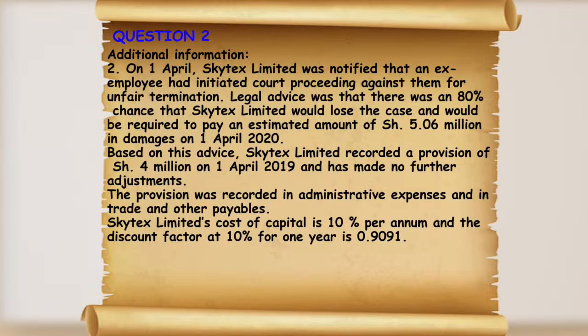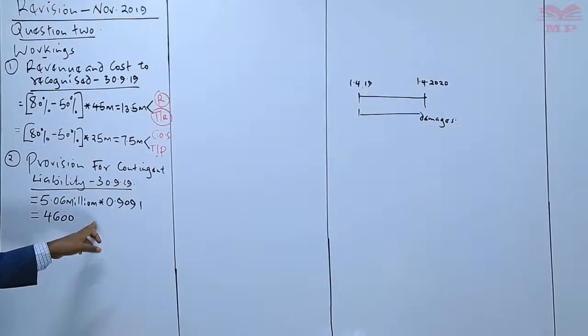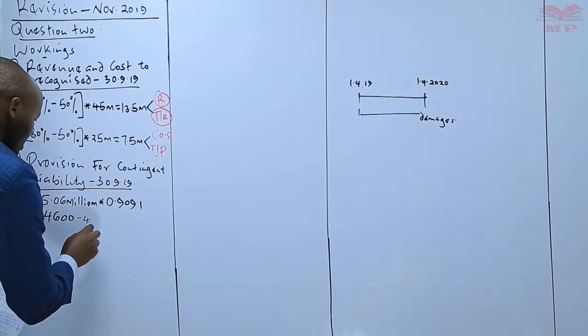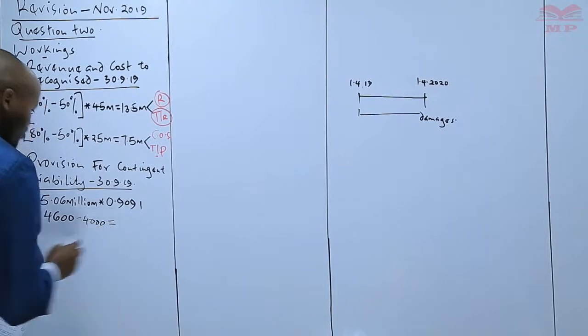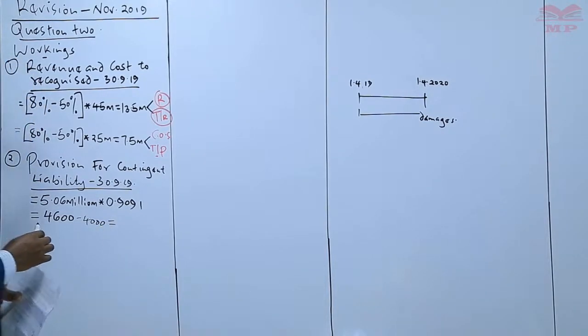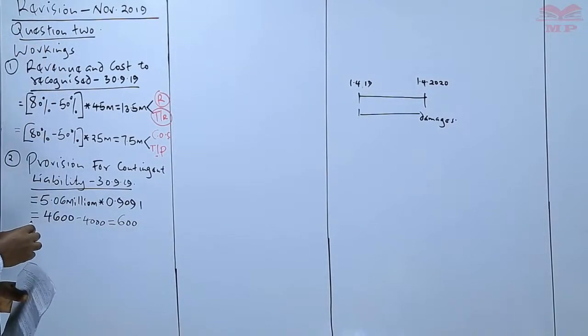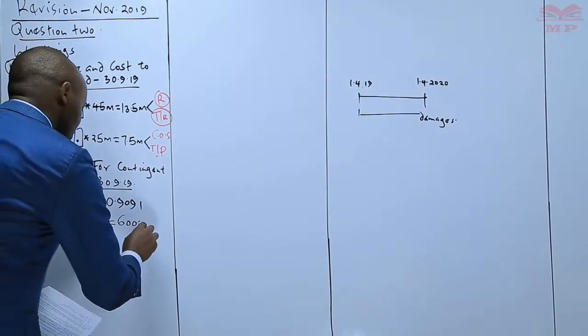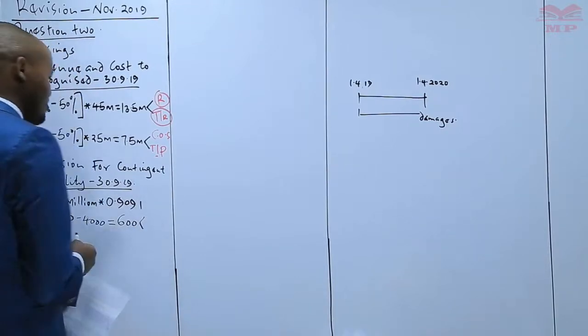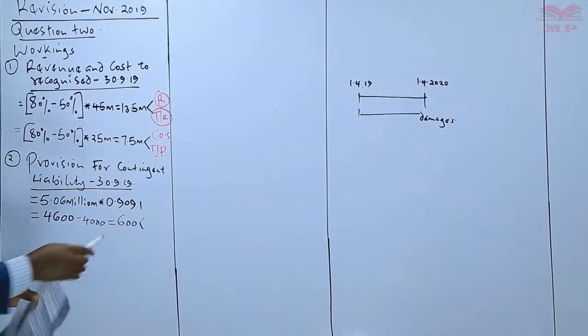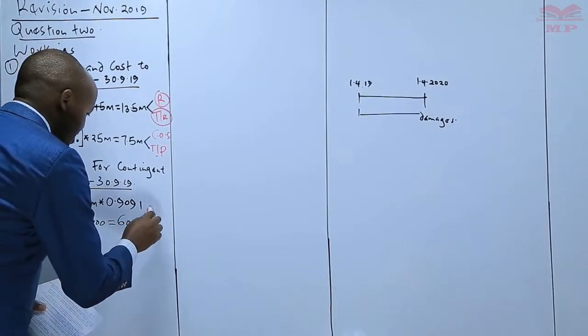But in our case, we have said that this company was supposed to make a provision of 4.6. So therefore, at the end of the current financial year, the company will need to make an additional provision which is equivalent to the difference. Our difference in our case here will be equivalent to what? 600,000. So this additional provision which will be made will be accounted for, one, as part of administrative expense,